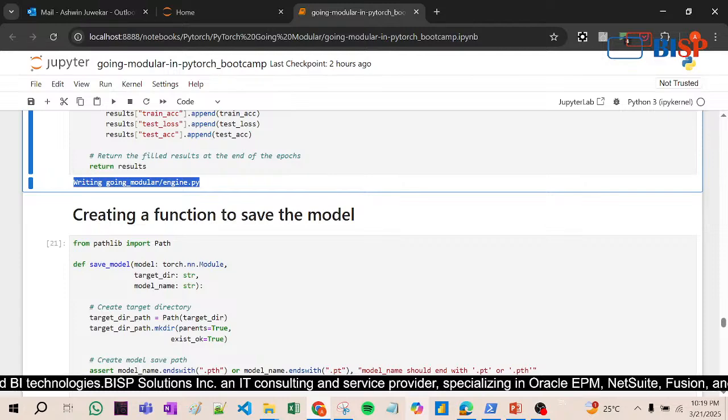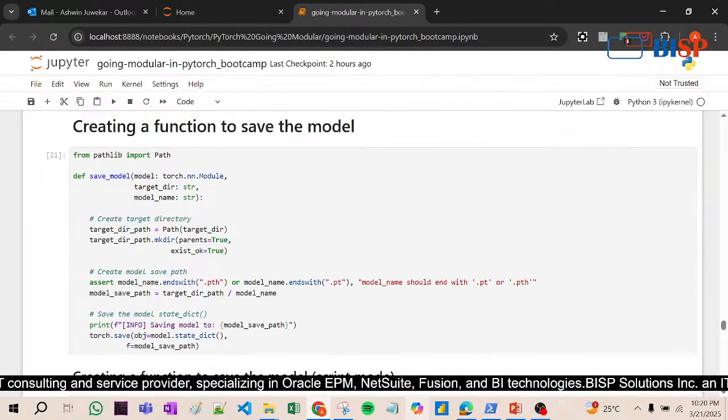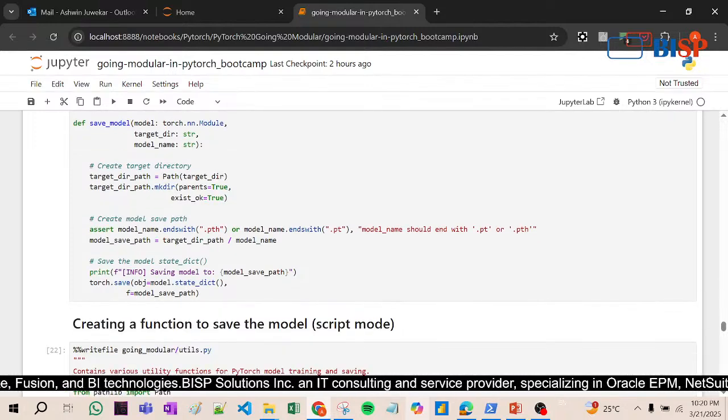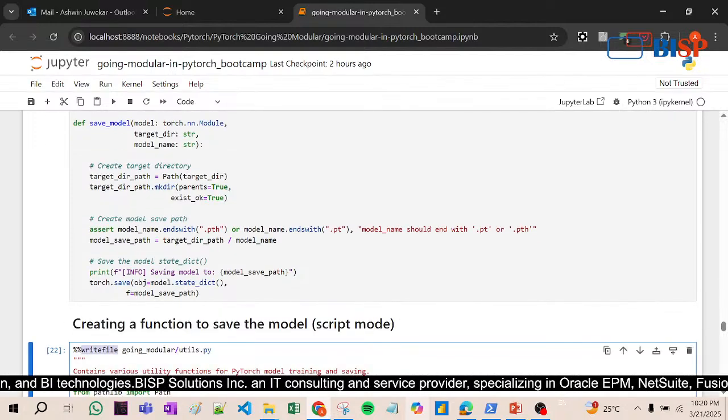because if the load comes on a model, we have to check, creating a function to save the model. So we will first save the model, right. After that, if you see here, create model save path, assert model name ends with .pth. This is all standard coding. After that, if you see, write file going modular